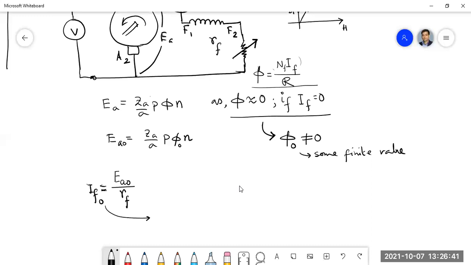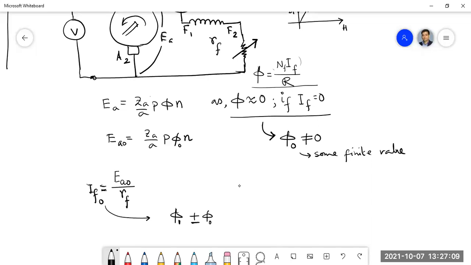Field current will create more magnetic flux. So that means this will generate MMF, and due to that MMF, we'll get additional magnetic flux. Correct. So we'll get additional magnetic flux. Suppose phi 1. So this field current will generate phi 1. But there was already some flux.